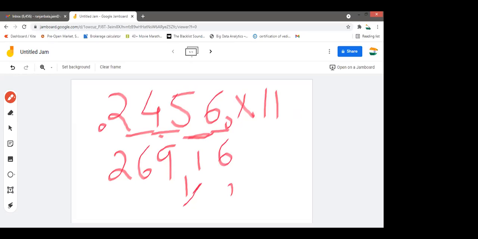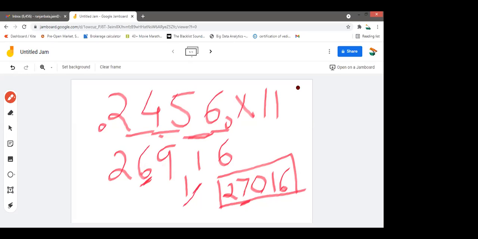2, 6. Now see, Siddhi, you were asking about 9 plus 1, 10. 0 comes. Now you can understand there is a 1 carry. So instead of writing one more step, you can directly write it. So this will be the final answer. It comes by practice only. You can understand, 9 plus 1, 0 and 6 plus 1, 7. So directly you can write 27016. I hope the things are clear.